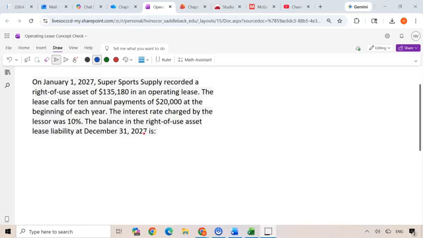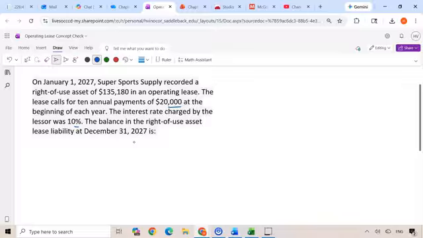Let's go through one other example, and for this one, I'll be going through the journal entries, but putting them into T accounts. On January 1, 2027, Super Sports Supply recorded a right-of-use asset of $135,180 in an operating lease. The lease calls for 10 annual payments of $20,000, at the beginning of each year, and the interest rate charged by the lessor was 10%, and the balance in the right-of-use asset and the lease liability at 12/31 is